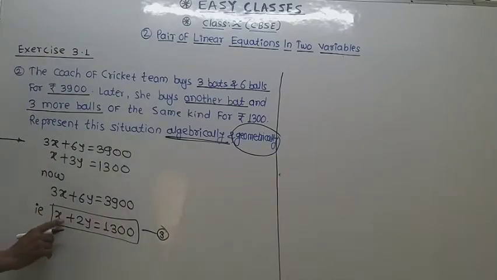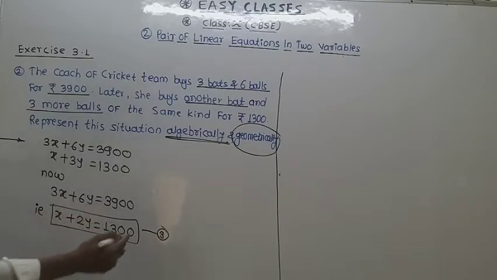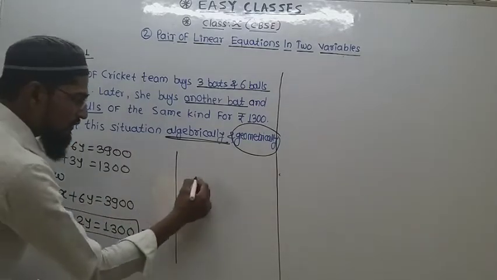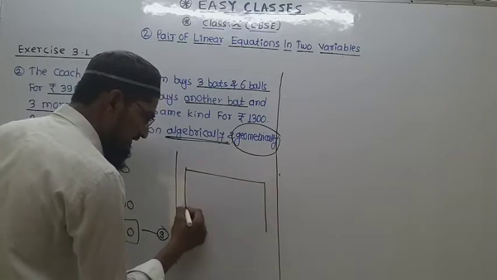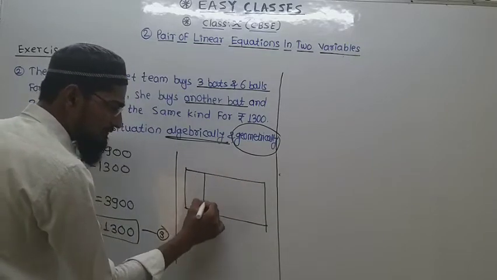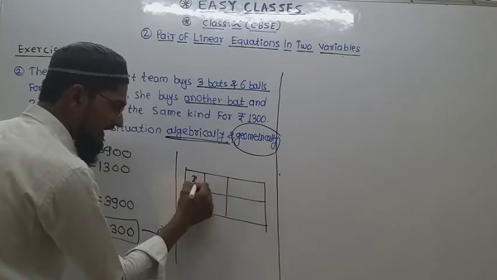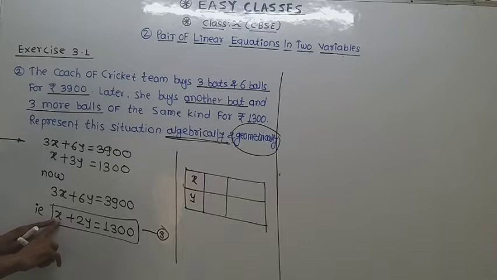And now we have to draw a graph with the help of that equation. If we do not divide it, then also we can draw the graph, but for our convenience, I have divided it. Now, for drawing a graph, we want at least 2 points. So, here the equation is there. I take any 2 points. So, here I draw a table in which I have to take x and y. Here, if I put 2 or 3, any value we can put here.